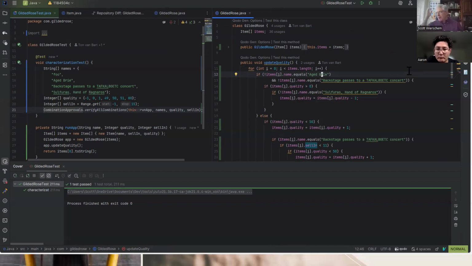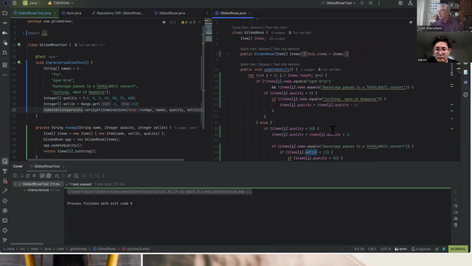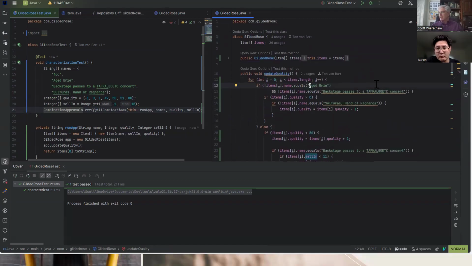This is what I'm thinking: we've got Aged Brie here and we've got Aged Brie down here. Let's get all the stuff that has to do with Aged Brie. I'm thinking that might be more useful. Okay, so this is a testing technique that I learned for doing this sort of thing. If I want to get all of the stuff that's for Aged Brie, say for int i equals 0,